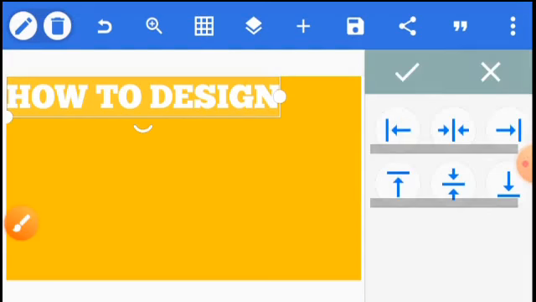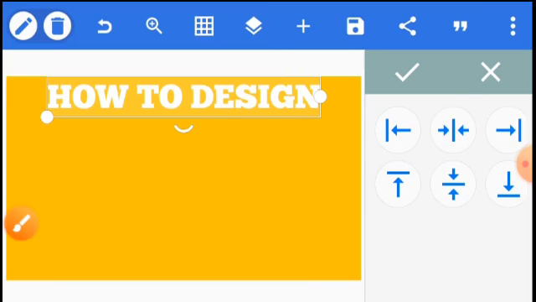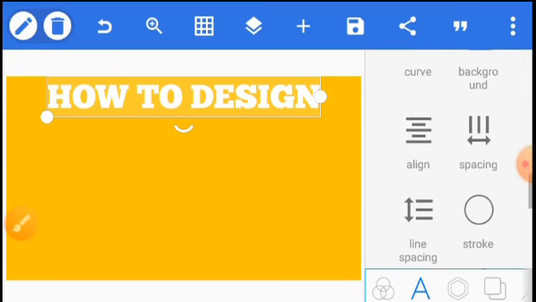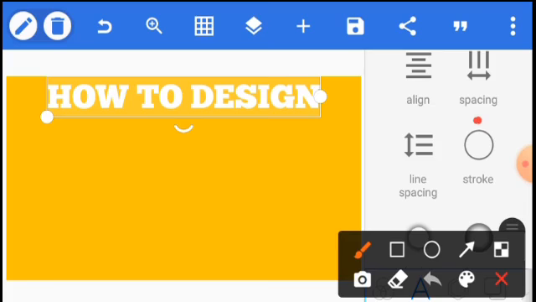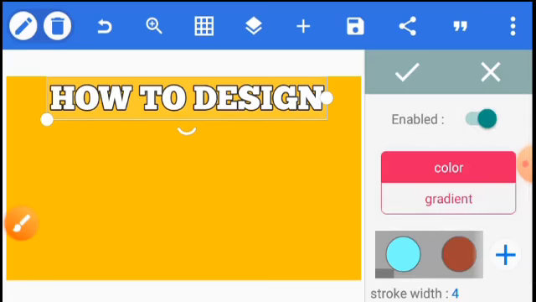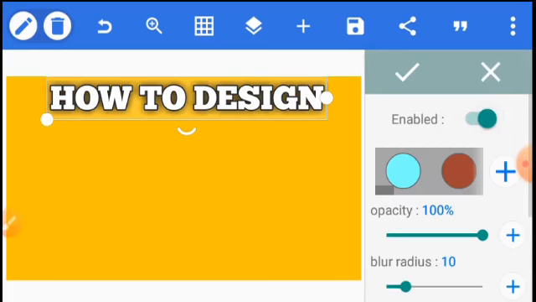From there I go back and then add the strokes. I add the strokes, then click on my check mark. I add the shadow as well. Then I click on my check mark. From there I'll say this is okay. So when you write this how to design, then